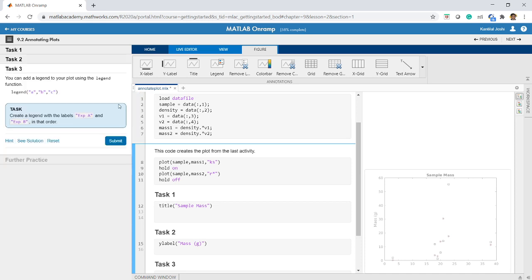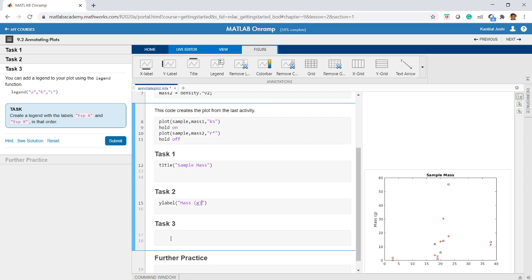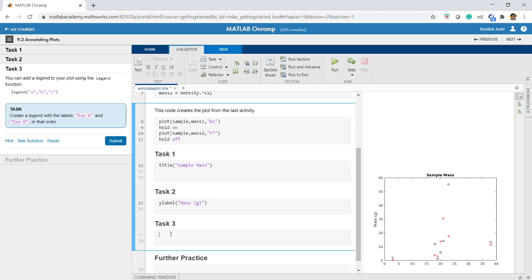Next task: we can also create a legend, as we do in a graph, showing what each color is indicating. That can be created by writing the simple legend function. So legend ABC will create three legends if there are three values. The task is to create a legend with the labels exp a and exp b in that order. All I need to do is write legend, and in double quotes write exp space a, comma, exp space b.